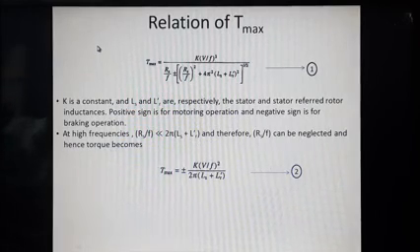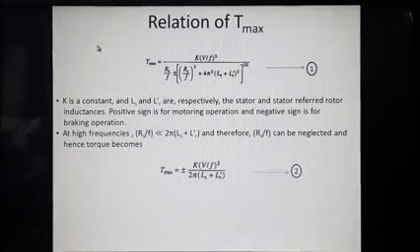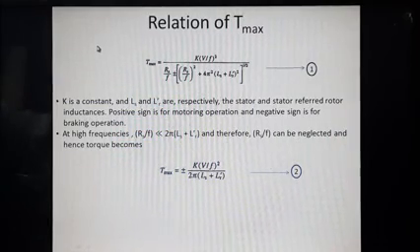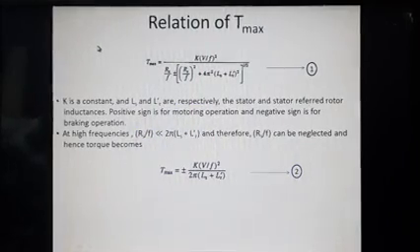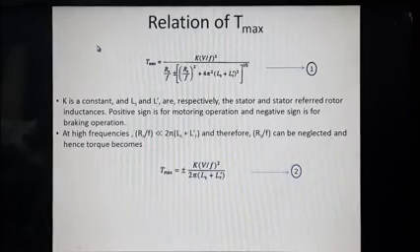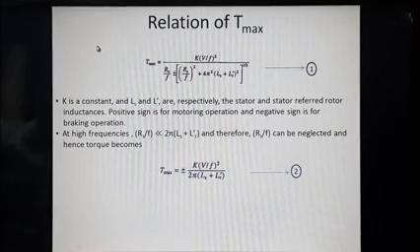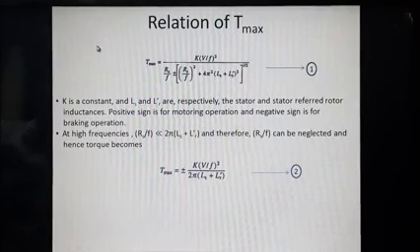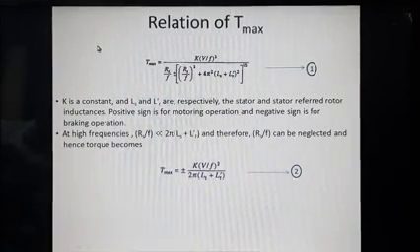This happens only for very small values of frequency. In all other frequencies, we will be neglecting the Rs by F term and the Tmax value remains constant. So at very small values of frequencies, if you are trying to increase the value of V by F constant, the braking maximum torque also will get increased. You will be able to get a better picture of this while observing the graph.